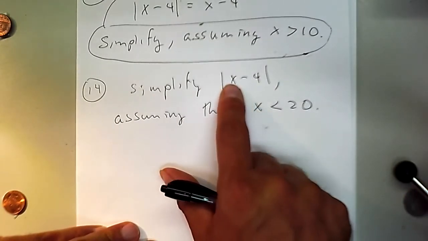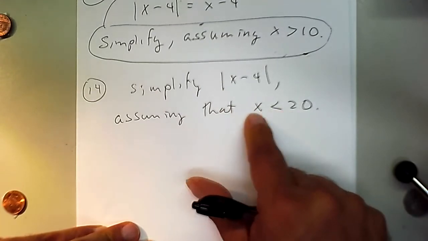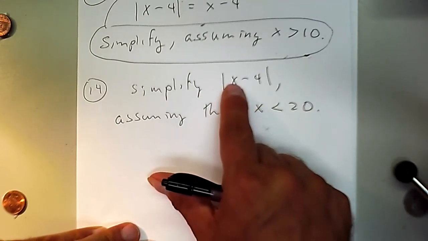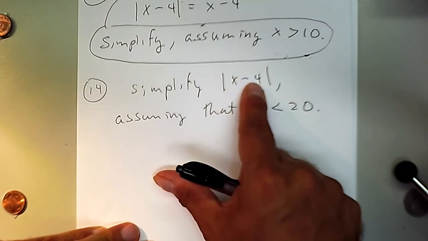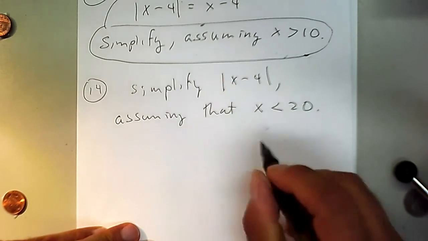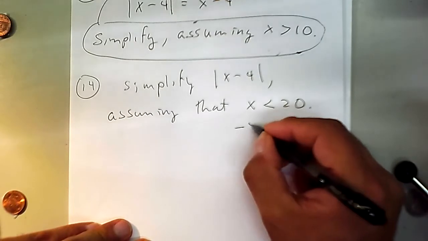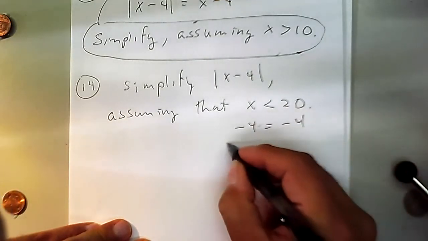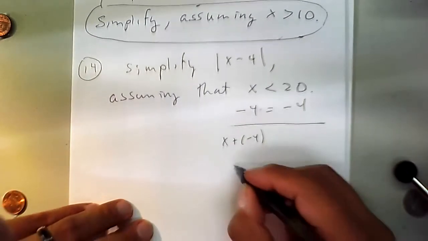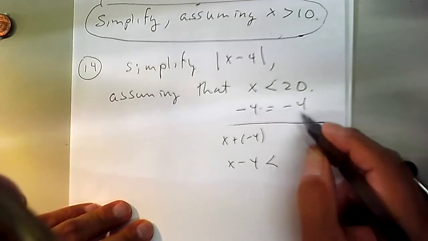All right. So we know this is less than 20. Who is it? How much is it? We don't know, but we do have some partial information. So whatever this number is, take away 4. Well, that number is for sure going to be less than 24. There is a property. So yeah, -4 is equal to -4. And if we add those two together, X plus -4, which we write as X minus 4, the inequality is going to be preserved.